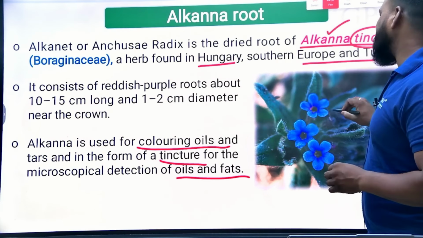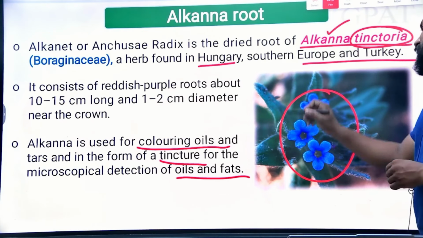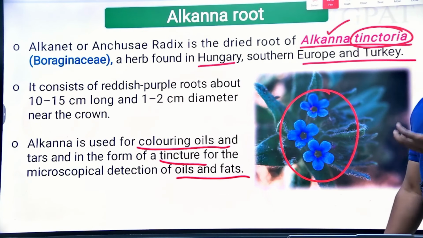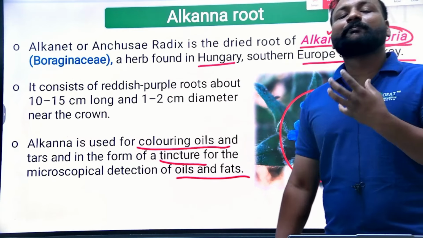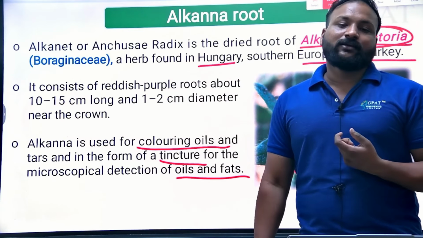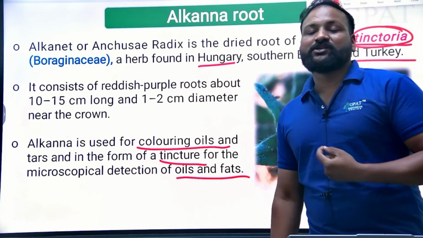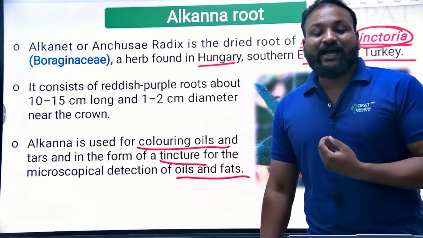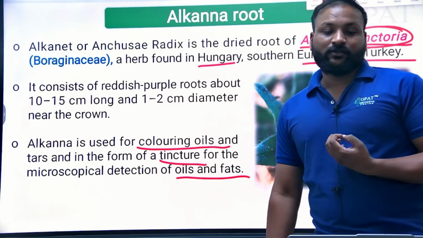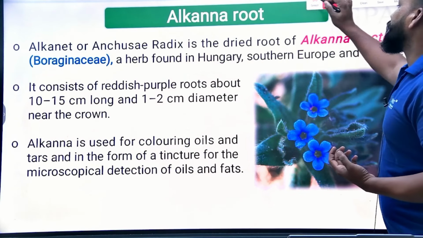So look at this plant, look at these flowers. How beautiful they are. It means they have strong color pigments. Flowers are rich in that. If any flower, root, or fruit has a strong color, that means it contains strong pigments such as flavonoids. So now moving to the next question.